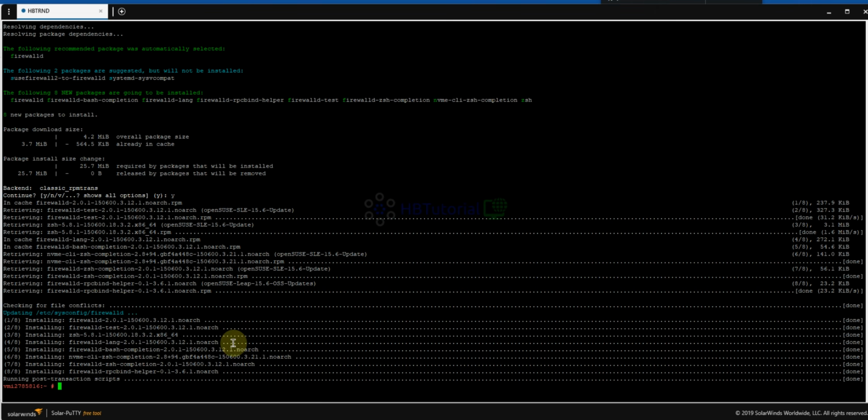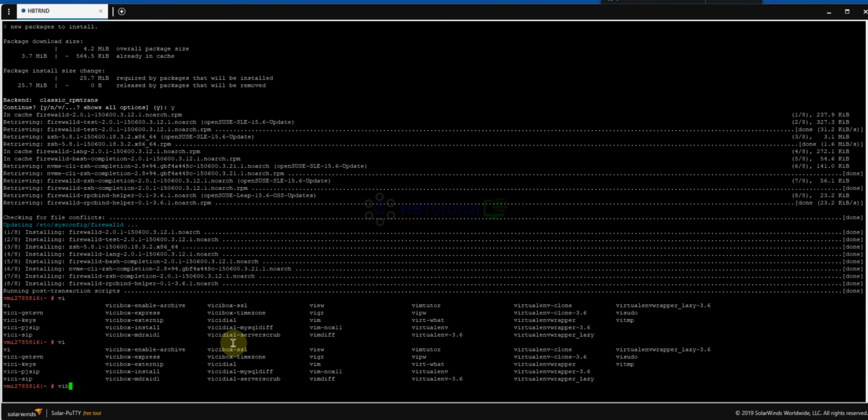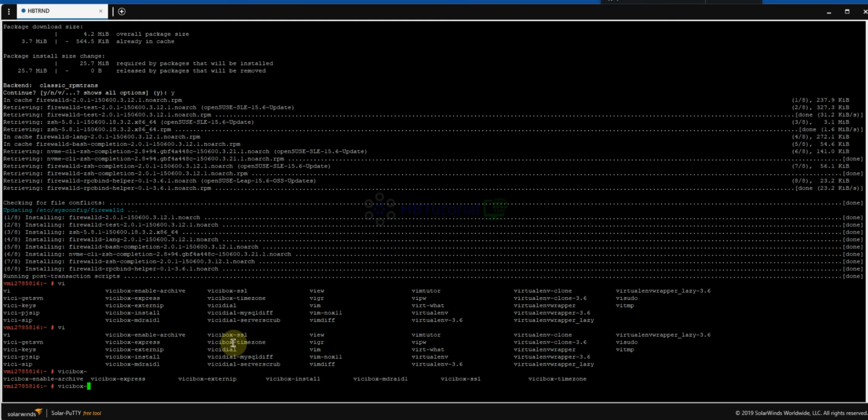So and then we can do vicibox-firewall, or zypper install vicibox-firewall.